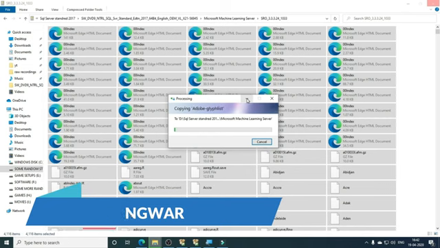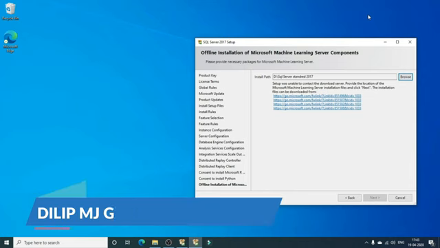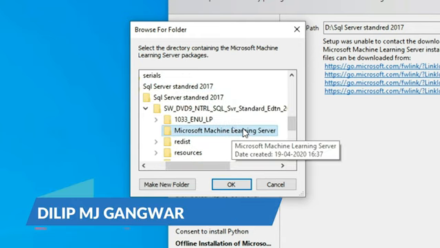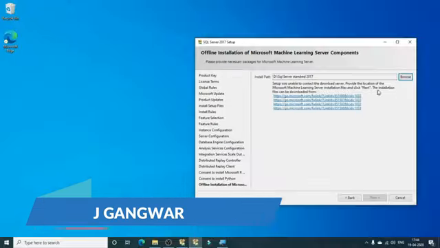As we just talked about, it is a cabinet file, so it is a highly compressed file. It is going to take a long time to extract all these files. After the extraction is complete, just click on the browse button. And then you can choose the new folder that we just created, which is right here. So click on OK.